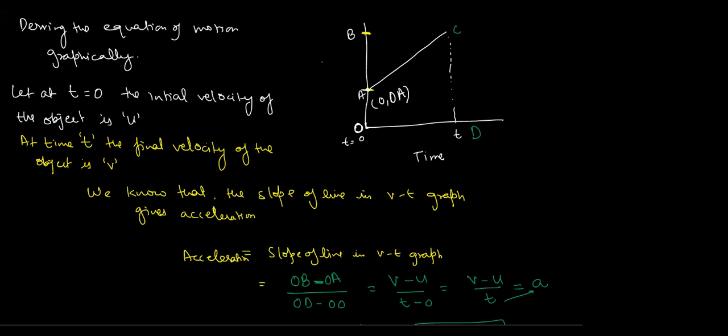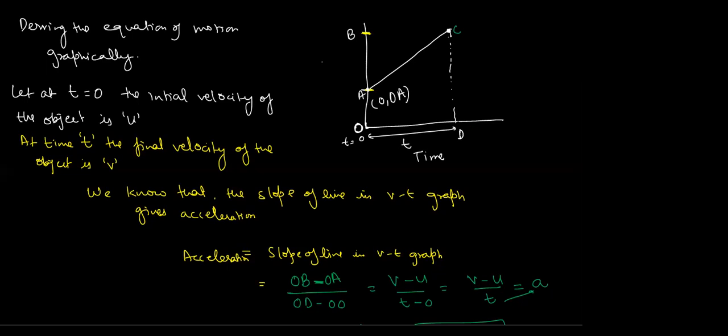Again, what is the coordinate of this point? Tell me, Hamna, what is the coordinate of point C? This will be OD. A person has to come OD, whatever the value of OD is, that is T. You can write here this is the value T, and this is OD. So this is the point D here.